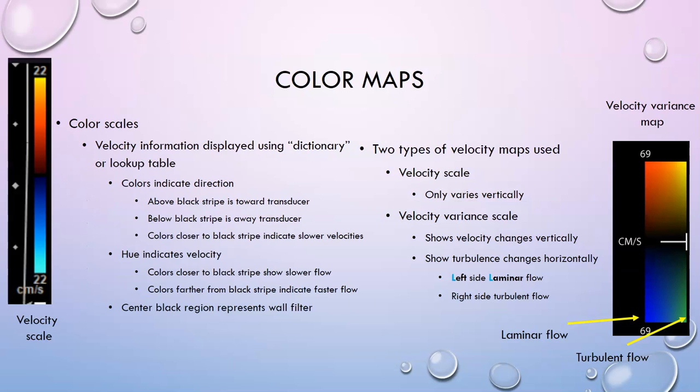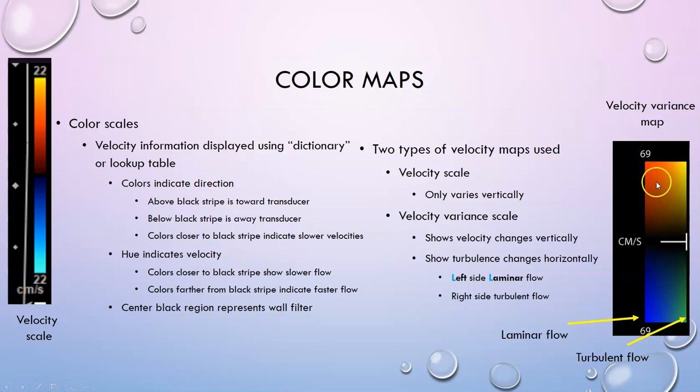With color maps, there's two different types of color maps that are available to our display. What a color map does is say that I'm going to use this color for flow towards the transducer, and this color for flow away from the transducer. All of them utilize a black band in the middle to indicate no flow or change of direction of flow. You have to go to zero at some point to change direction, so that's why it's black. The other velocity map is one called the velocity variance scale, and that uses not only